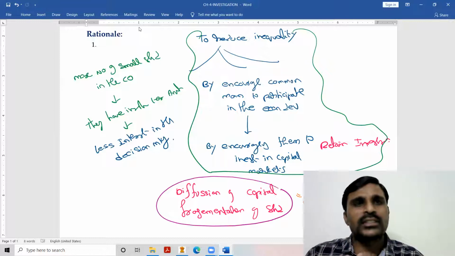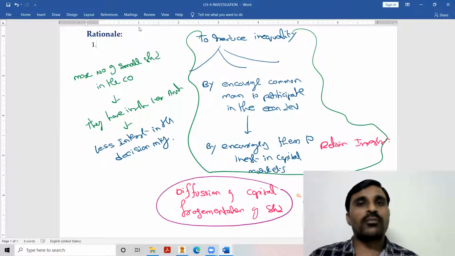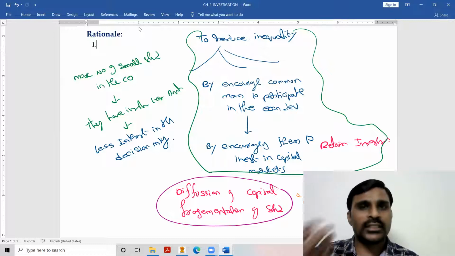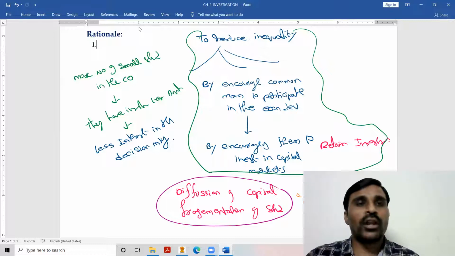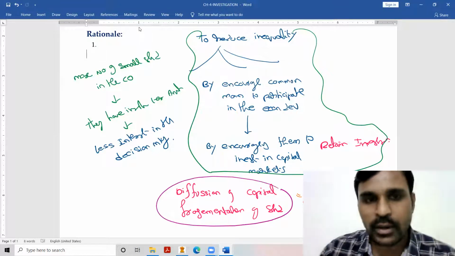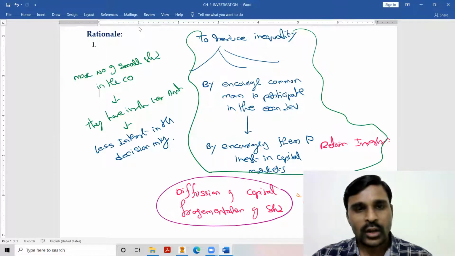So each person is not interested. Accordingly, I can do whatever I want. This is one of the reasons for growing corporate frauds. Now, what is the reason for growing corporate frauds? More small shareholders, less investment, less interest, less monitoring, more opportunity for misconduct. Right? So, to summarize once again,